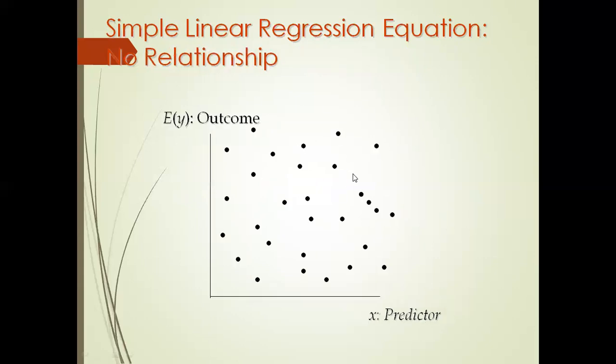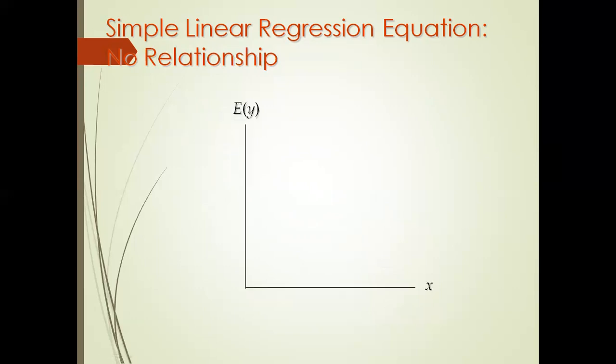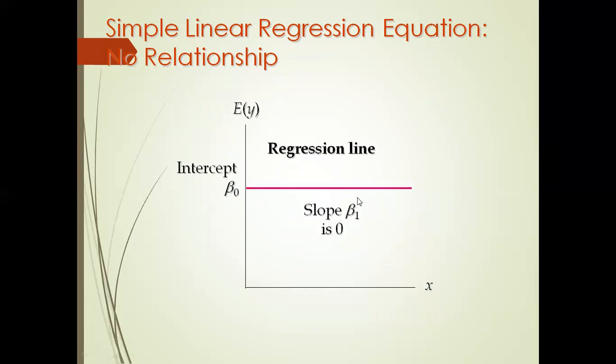Okay. So what is this? This is a simple linear regression equation of no relationship. All the data points are situated randomly. There is no relationship between x and y, so hence there is no relationship between the data points. Here is one more example: if there is no relationship between the data points, that is how we are going to show it in the graph, like this.